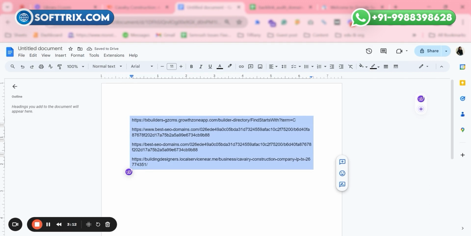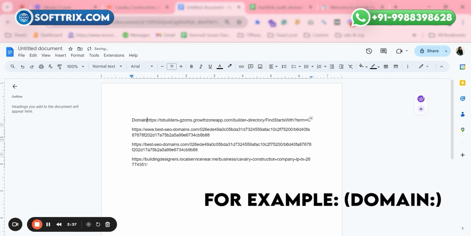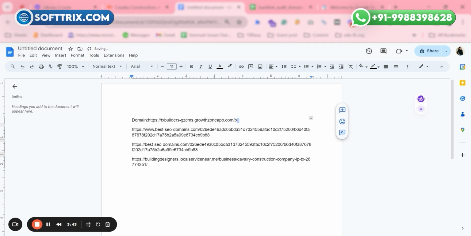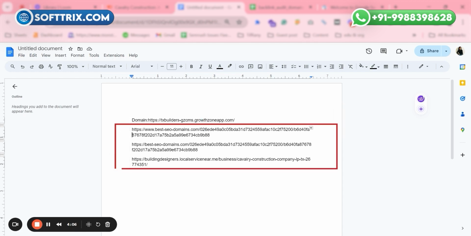and I will create a document for disavow backlinks here. If you have multiple backlinks with the same domain which you want to disavow, then you just need to add here in the front "domain:" and only the domain link here. Remove the other things. We do this so that each and every backlink created for your website through this domain will all get removed after we submit the request. And otherwise, if you have separate backlinks with separate domains, then you just need to copy paste all of them just like I did right up.